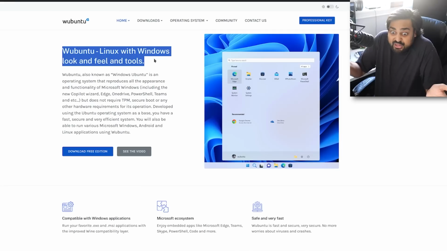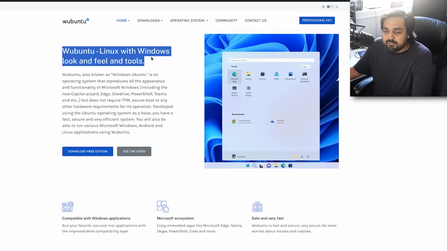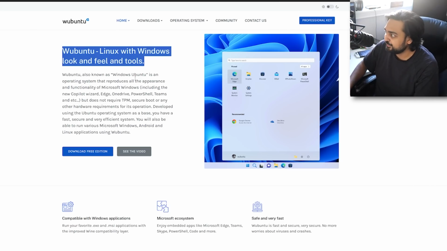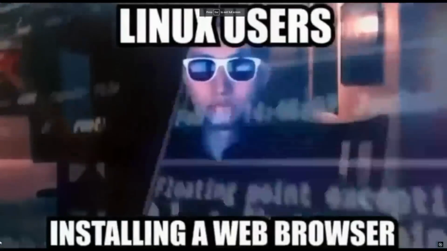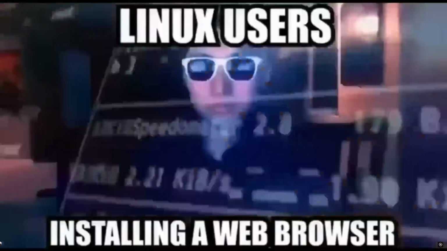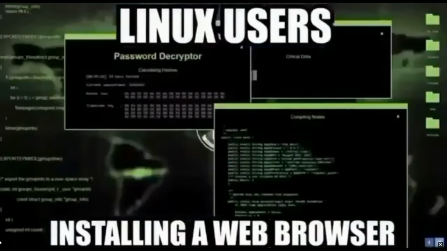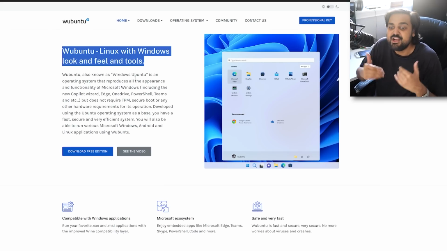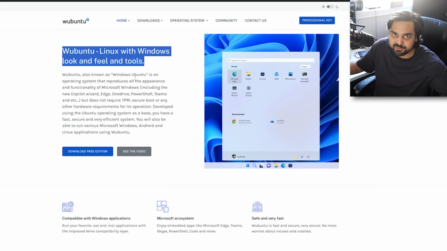So what has happened is this little organization has come by and made Linux, but with a Windows look and feel. So obviously, for somebody that wants to maybe switch around, try Linux, and they're like, oh shit, this stuff is too confusing. I mean, I've seen the memes. Installing a web browser, you have to be hacker man to do so. Not necessarily the case, but this kind of stuff probably appeals to somebody who's like, I want to try Linux, but maybe I want to have it look like something that I know, which is Windows. A lot of people use it. It's entrenched. It's going to be here forever.